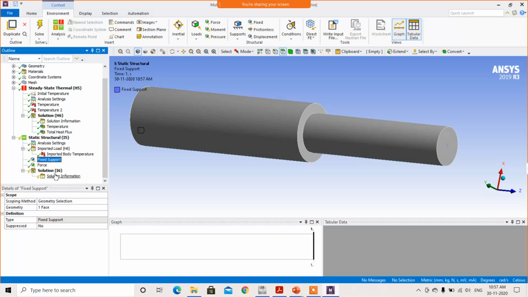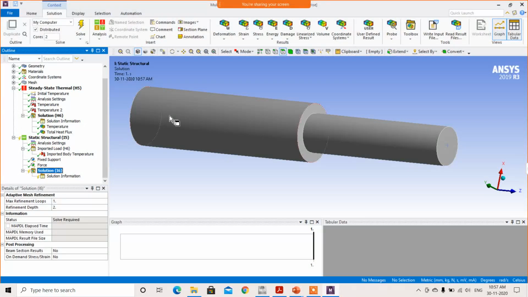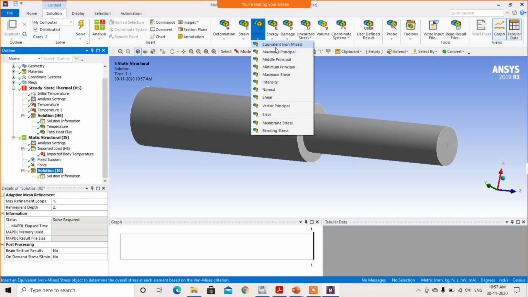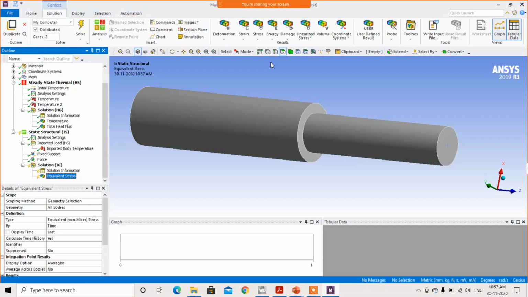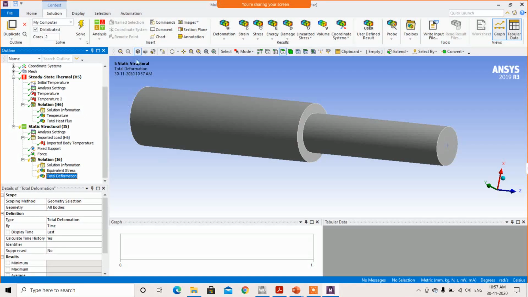Okay. Then click on the solution. Now I want a stress. So this stress is nothing but a thermal stress. We can also say that it's a thermomechanical stress. Okay. So simply click on the solve.